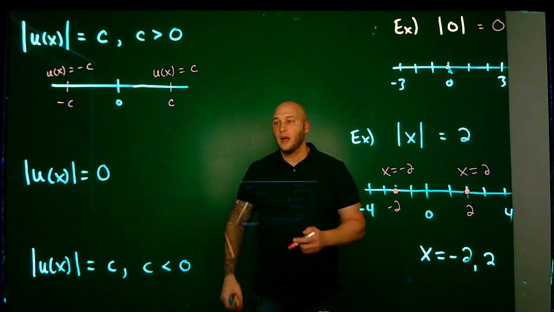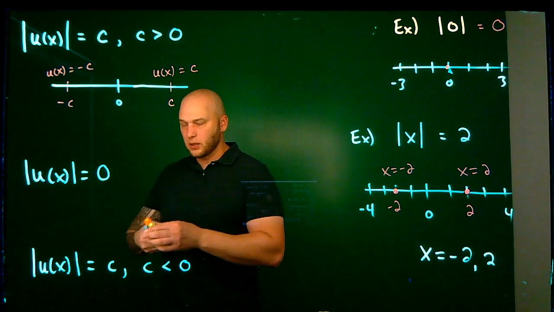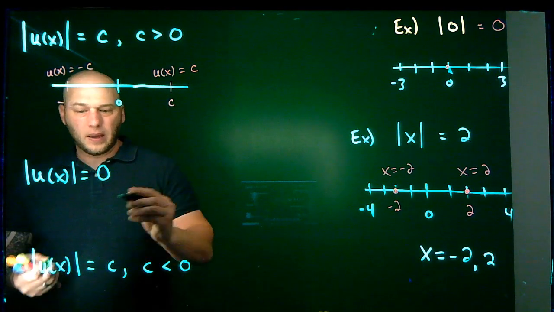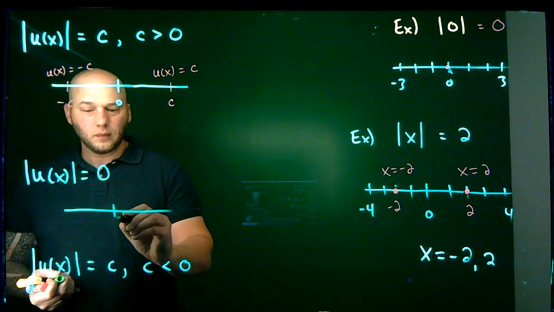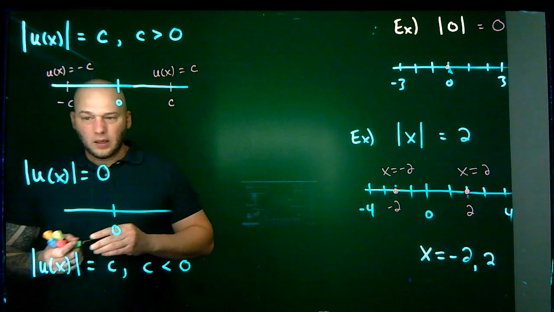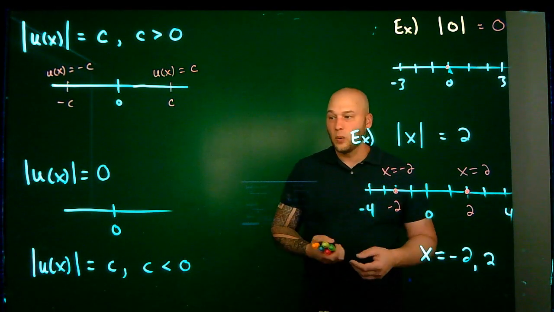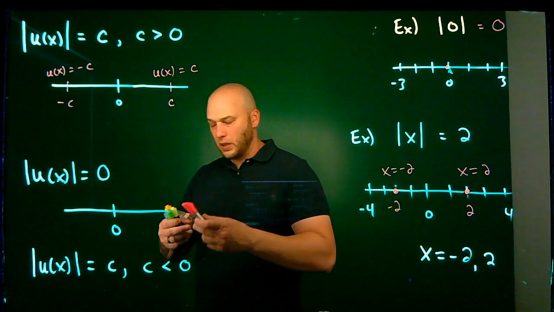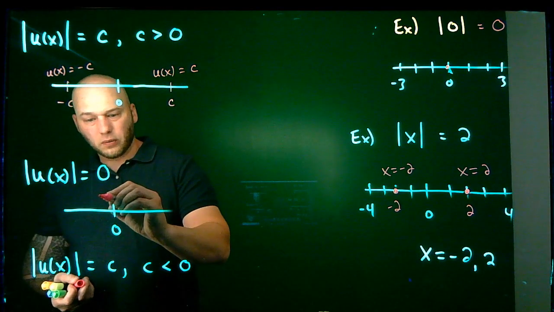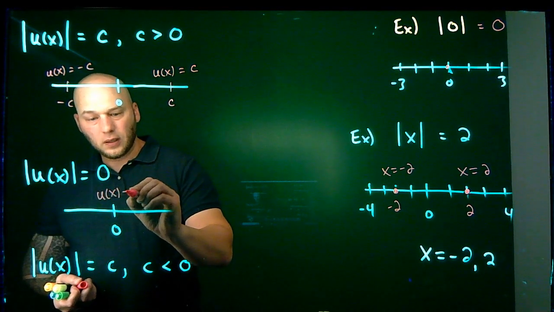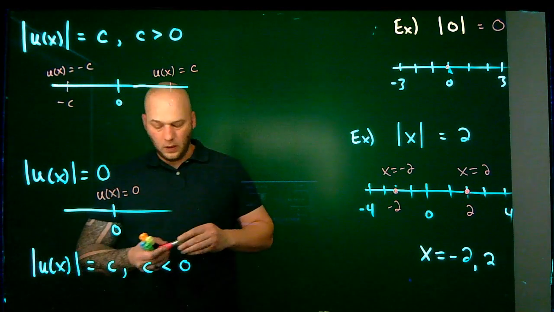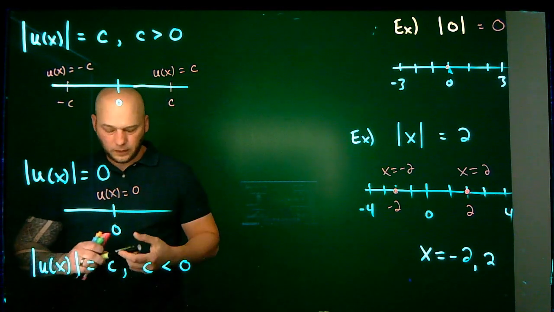On the other hand, if I have u of x is equal to 0, again, on my number line, this says that the value of u of x is 0 units away from 0, and that must mean that the value of u of x is right here. The value of u of x is equal to 0. For this last case,